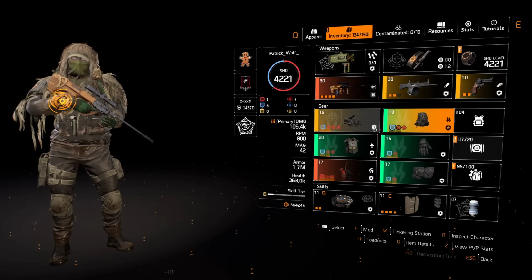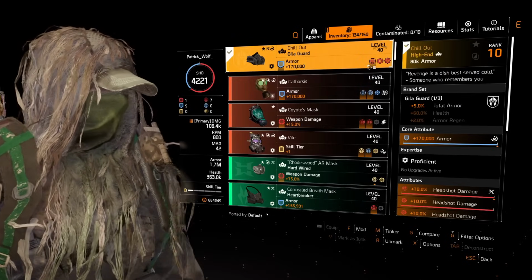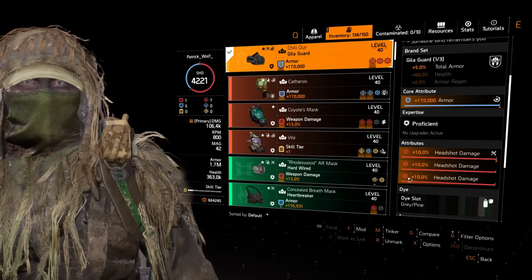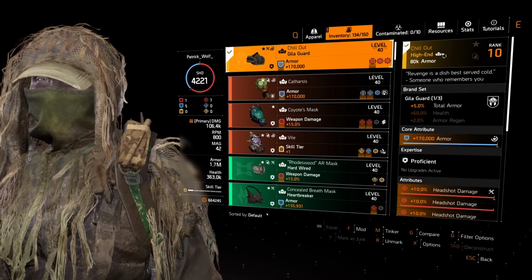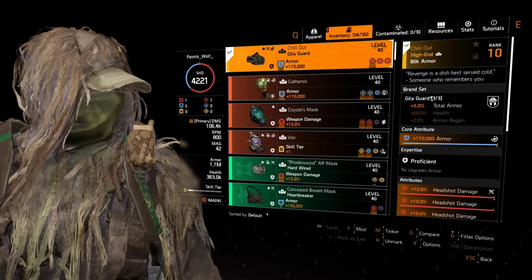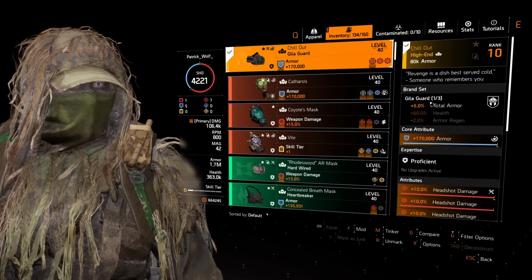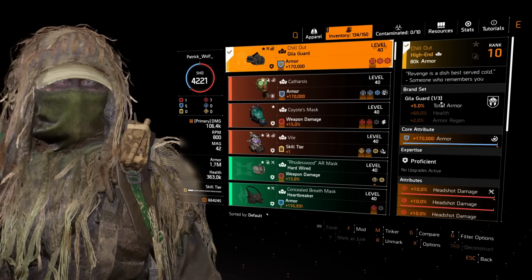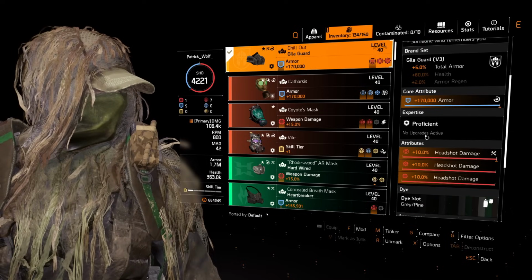So I decided to go for this mask, which is by no means the best in slot. So for headshot, I can get 30% because this is the named Chill Out mask. I wanted to get 5% bonus armor, or total armor, should I say, that scales with the rest of the setup because I want to be as tanky as possible. So the Chill Out mask is going to be one of the best ways, because I can just put headshot